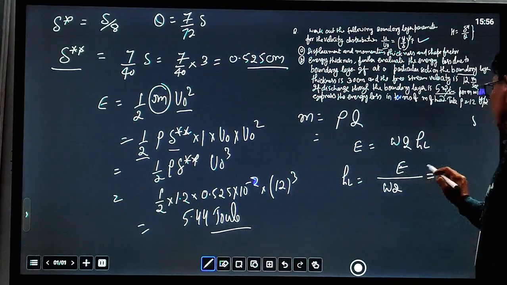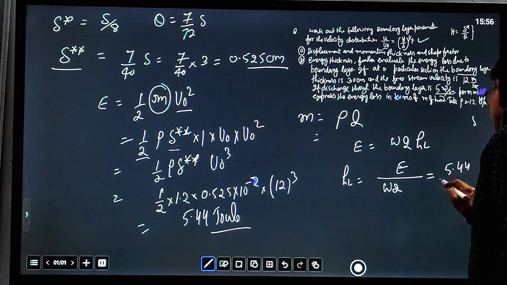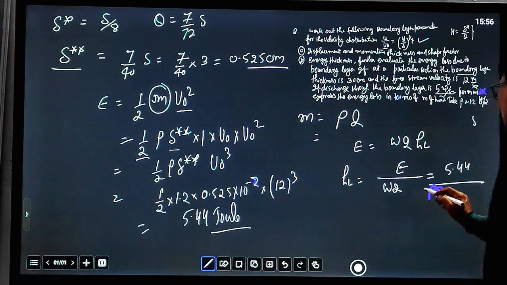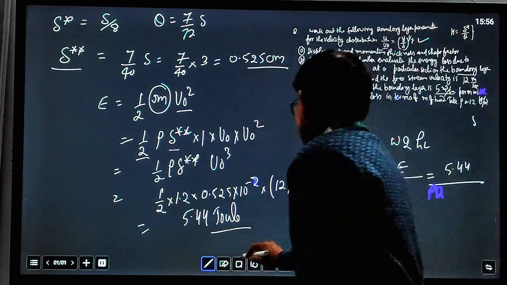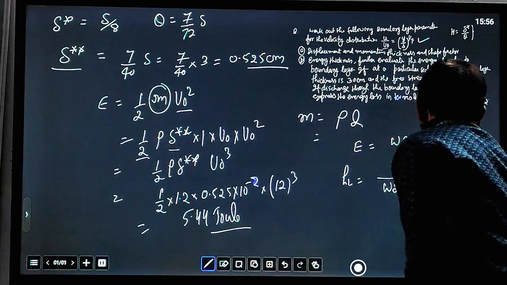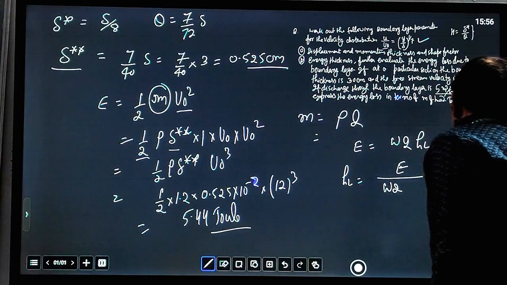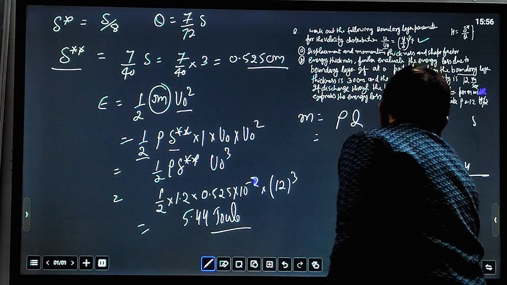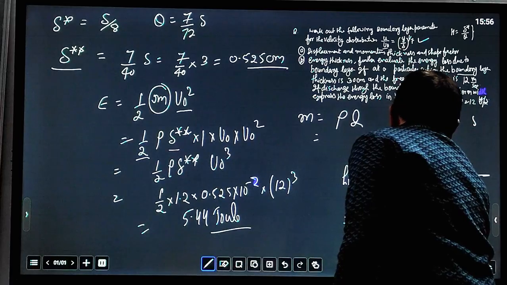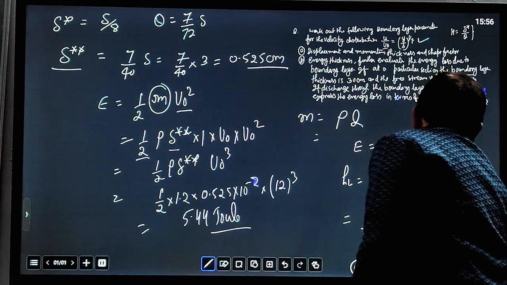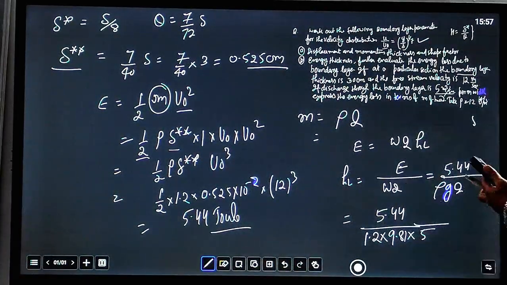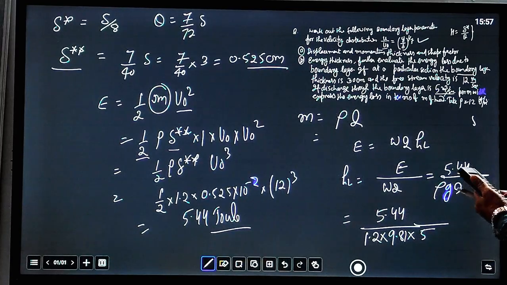E we have already calculated, 5.44, upon omega, meaning rho g, and q. So 5.44 upon 1.2 into 9.81 into q, 5 meter cube per second. So this head loss, 5.44 upon 1.2 into 9.81 into 5, equals 0.092